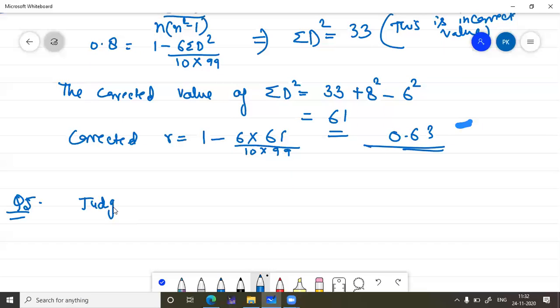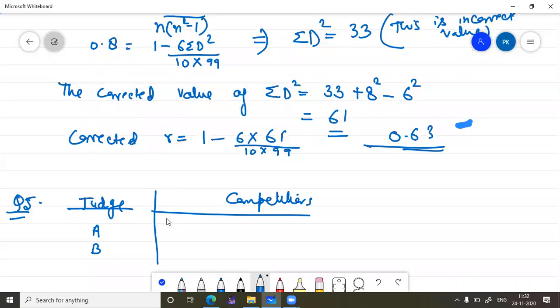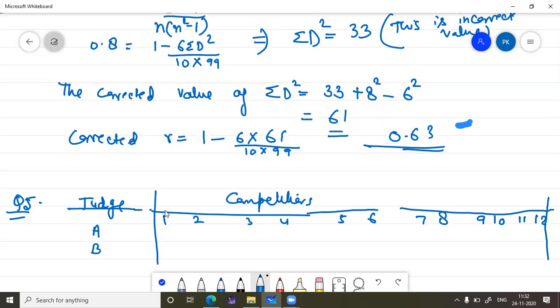So we have two judges here and competitions. इन्होंने रैंक दी हुई है. टोटल कॉम्पिटिटर्स हमारे पास है 1 2 3 4 5 6 7 8 9 10 11 12 कॉम्पिटिटर्स आर हियर. और जजेस ने जो इनको रैंक दी है इट्स गिवन हियर. दिस इज 5 1 4 2 7 3 6 8 10 9 8 10 9 11 12 and rank given by judge P is 10